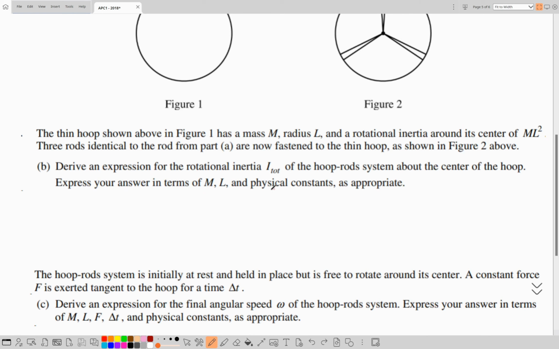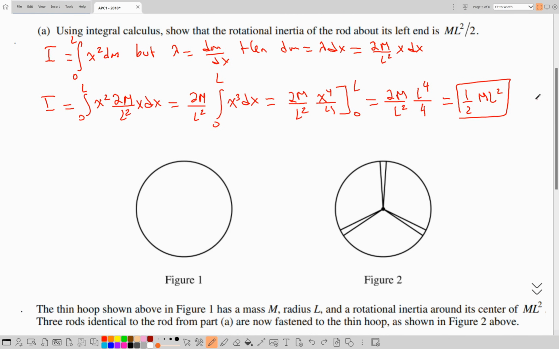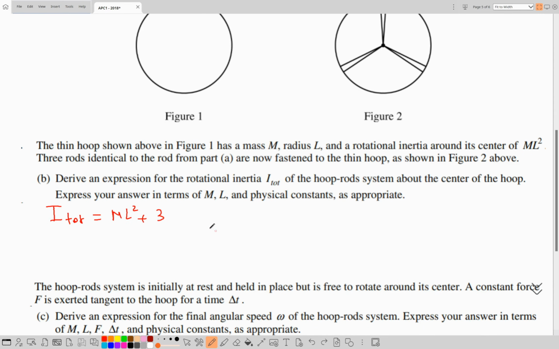Now in part B, they're telling us to derive an expression for the rotational inertia I total of the hoop rod system about the center of the hoop. Express your answer in terms of M and L and physical constants as appropriate. We know that the rotational inertia is an additive quantity. Then I total would be that for the hoop, which is given by ML squared, plus 3, because we have 3 rods, 3 multiplied by half ML squared,